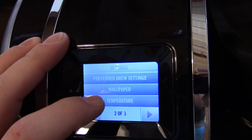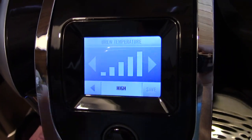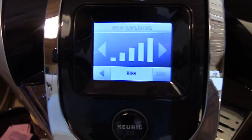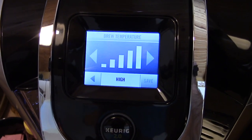You can also set the standard brew temperature from high to low. I don't know what the actual set points are. There is a guide in the owner's manual that will tell you what the set points mean. I think the standard brew temperature is...